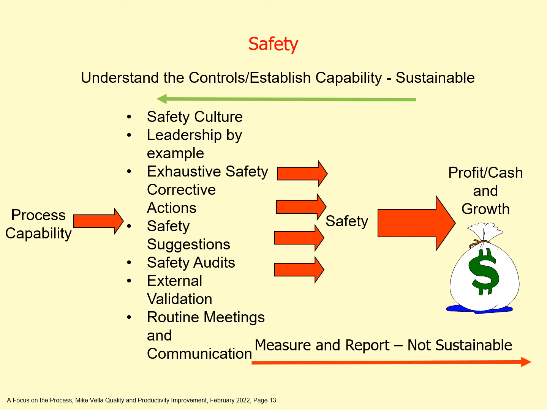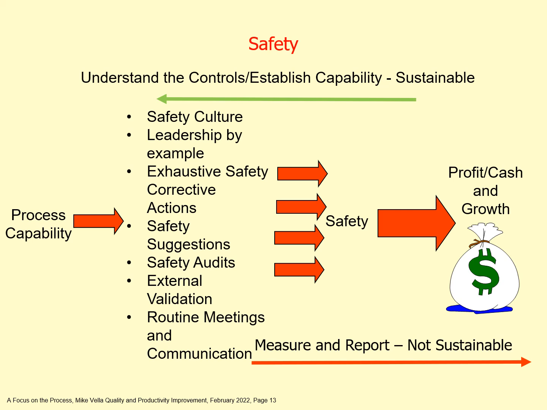Now, once you understand all those things and you do them very well, then perhaps those process controls, safety culture, leadership by example, and so forth, maybe then you get very, very good at it. And now we say it has process capability. So now you have process capability of those process controls, which then leads you to good safety, which then leads you to your goal of